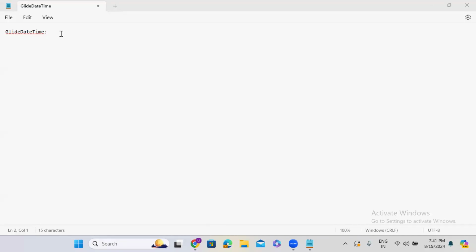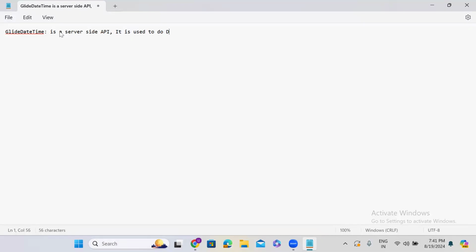So in today's session, we are going to discuss the GlideDateTime API. GlideDateTime API is a server-side API, which you can't write in client-side script. In client-side scripting you can't use GlideDateTime. You can only write it in server-side scripting. So you can use GlideDateTime only in server-side scripting. Okay, fine. So it is used